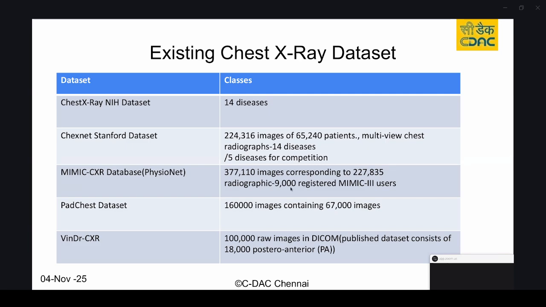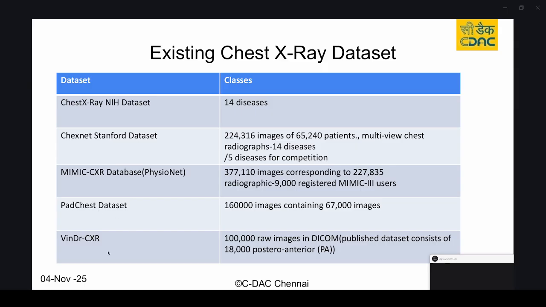So this one is again proprietary. I think only people who have completed some radiology course prescribed by this physician can access it. The PadChest dataset has 67,000 images, but it has a wide variety of diseases, maybe 52 or 54 disease manifestations. So if you want to try your algorithm to detect multiple diseases, I recommend going for